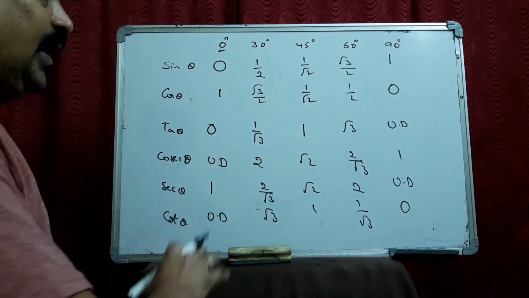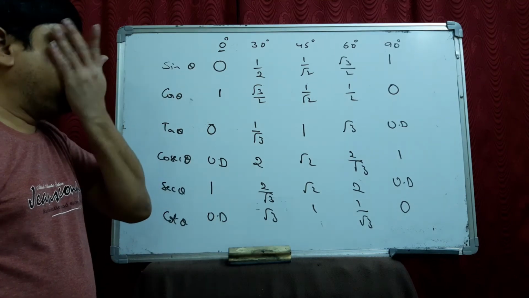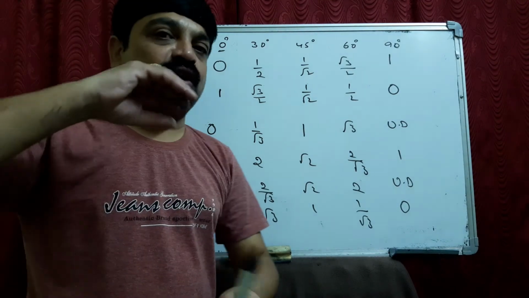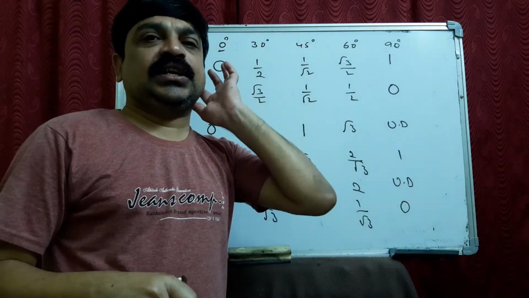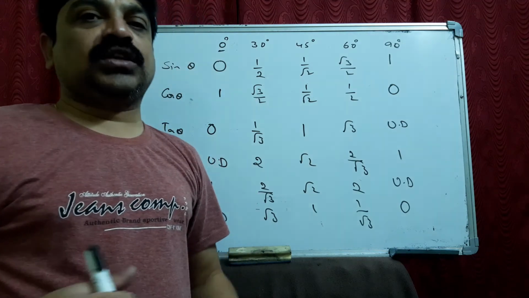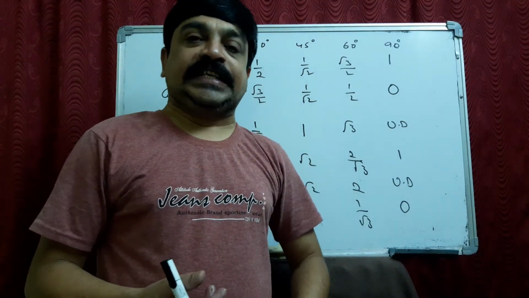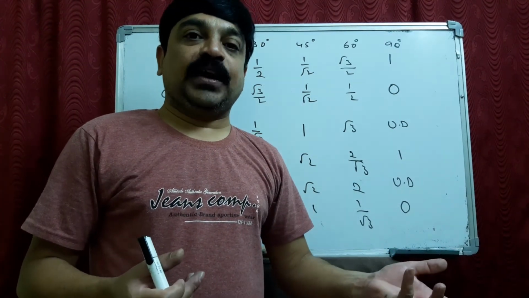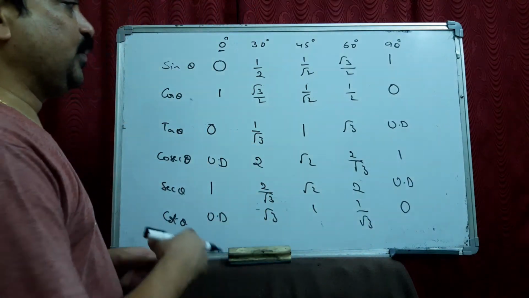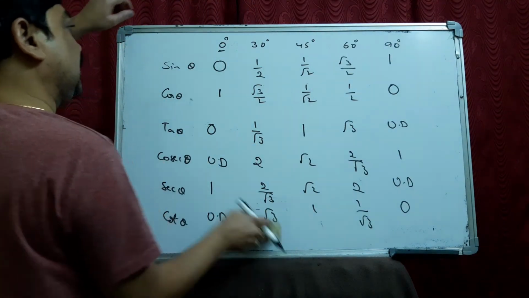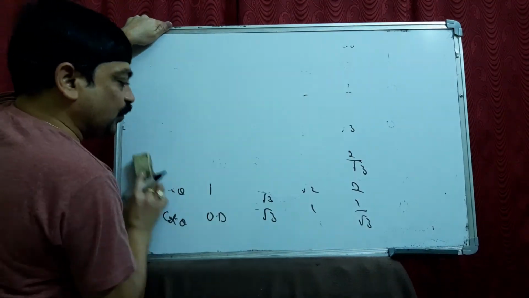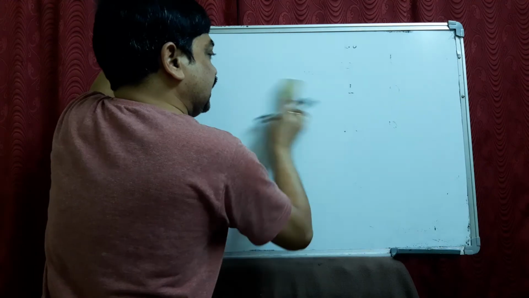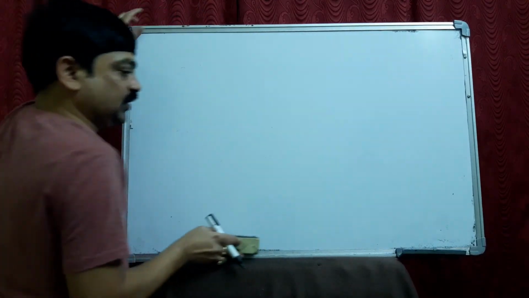I want everyone to learn the table by heart. See, in the exam, you should not go back and look at the values in the table. You should remember, like if I ask sin 60, you should tell root 3 by 2. Cos 30, root 3 by 2. Secant 30, 2 by root 3. Like that you should tell. Okay? You should learn by heart in such a way. Understand? Now let us go to the exercise with this table. Actually the proofs are not required, guys. You just learn the table, but proofs are also important for your knowledge purpose.